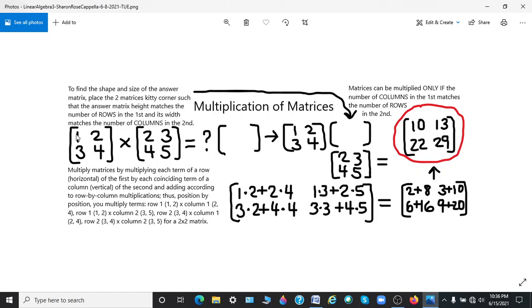Take the first one and put it here, just recopy it like that. Take the second one and put it kitty corner. Matrices can be multiplied only if the number of columns in the first matches the number of rows in the second, as you will soon see. But to find the shape and size of the answer matrix, place the two matrices kitty corner, as I have done here, on a diagonal point to point, such that the answer matrix height